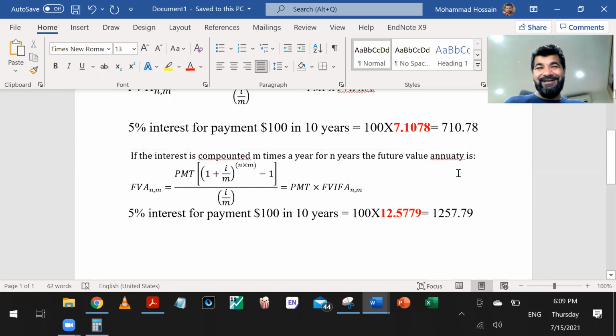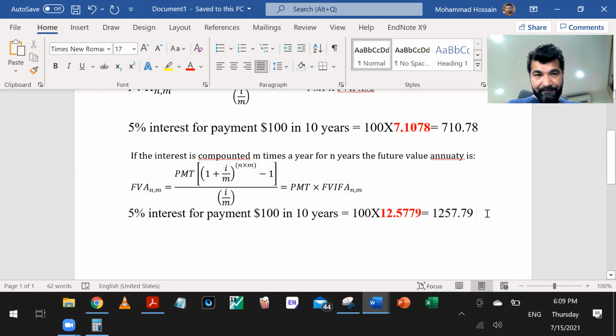Make sense? So look, the future value of this $100 you are paying for the next 10 years: if you keep paying $100, $100, $100, $100 for the next 10 years with a 5% interest rate, it means you are paying